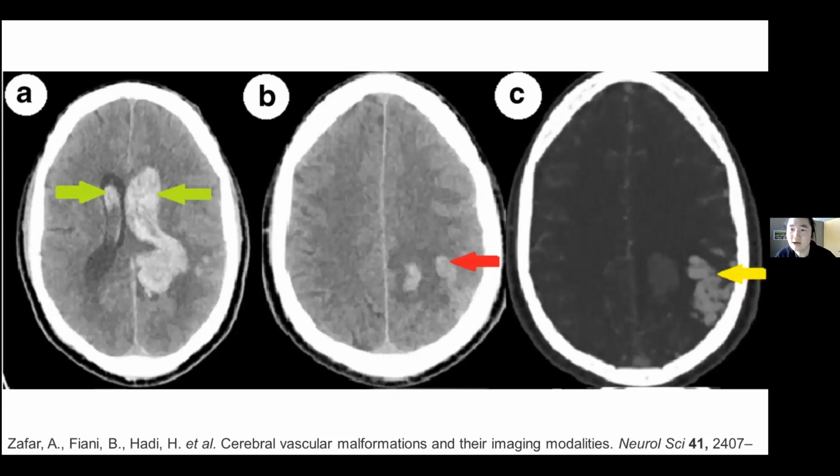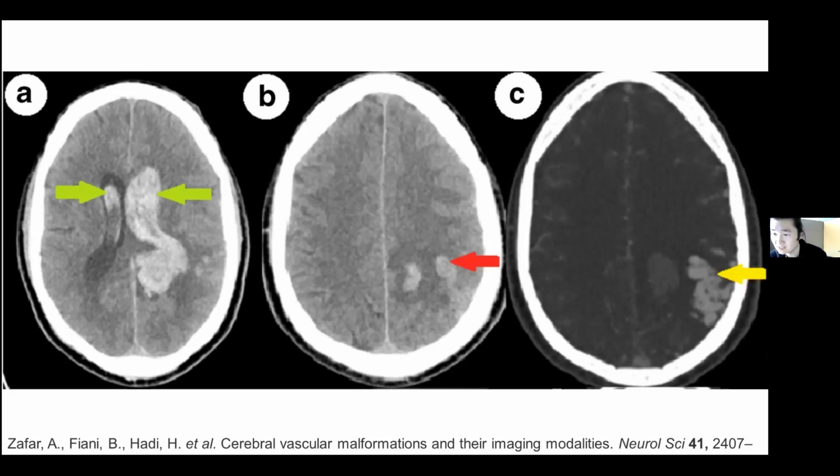This is a patient with a left parietal lobe intraparenchymal hemorrhage, evidenced by the non-contrast head CT on panel A on the very left, and as you can see, extensive intraventricular hemorrhage as well. On panel B in the middle, a red arrow is pointing to a prominent hyperdensity in the left parietal lobe that raises concern for something more going on besides just the bread and butter intraparenchymal hemorrhage